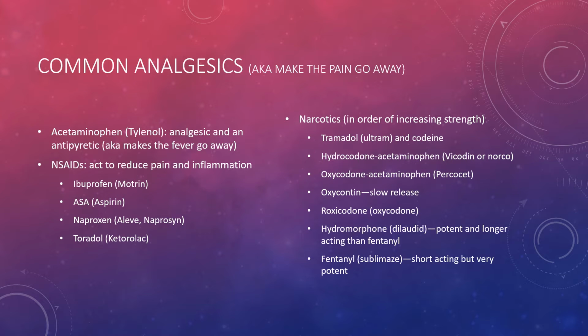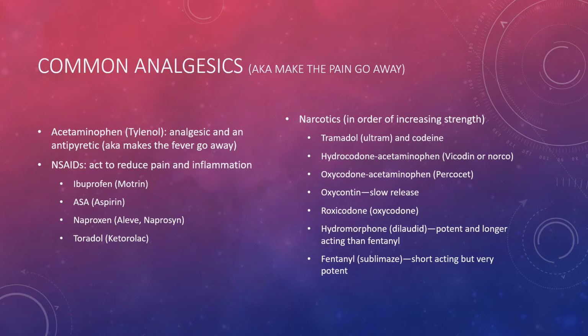So here are some common analgesics, which means that they help the pain go away. A lot of these are over the counter, things like Tylenol, or acetaminophen, which works as an analgesic and an antipyretic. Antipyretic means it helps reduce fever. NSAIDs, non-steroidal anti-inflammatory drugs, act to reduce pain and inflammation. These include things like ibuprofen, which is also known as Motrin, ASA, aspirin, naproxen, which is Aleve,